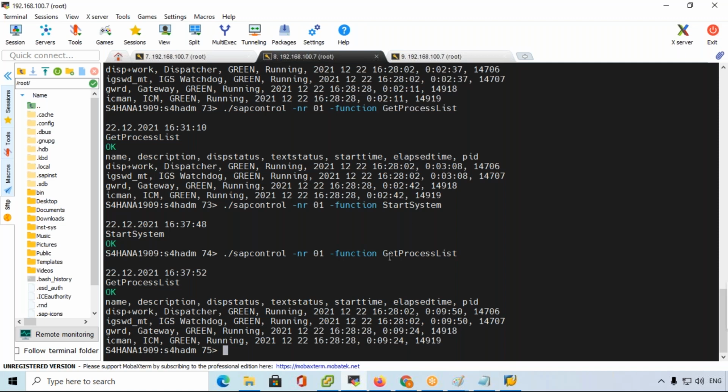Okay, so this is the process. Today we discussed how to start SAP, what the procedure is, and what commands we are using. In our coming session, we'll discuss how to shut down the SAP system from SUSE Linux OS and what commands we use.